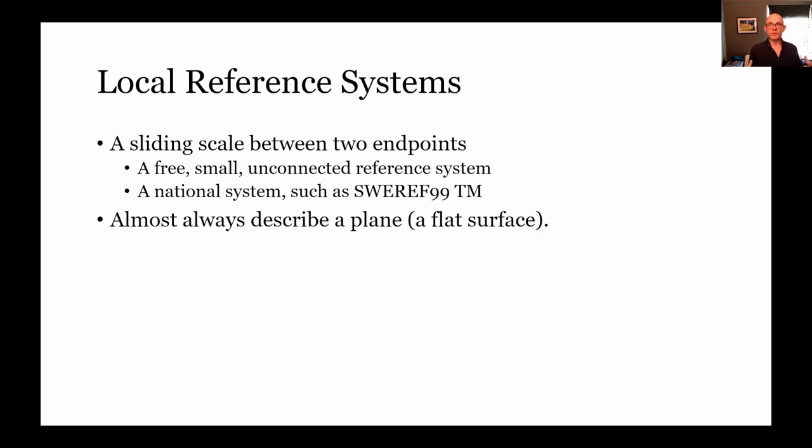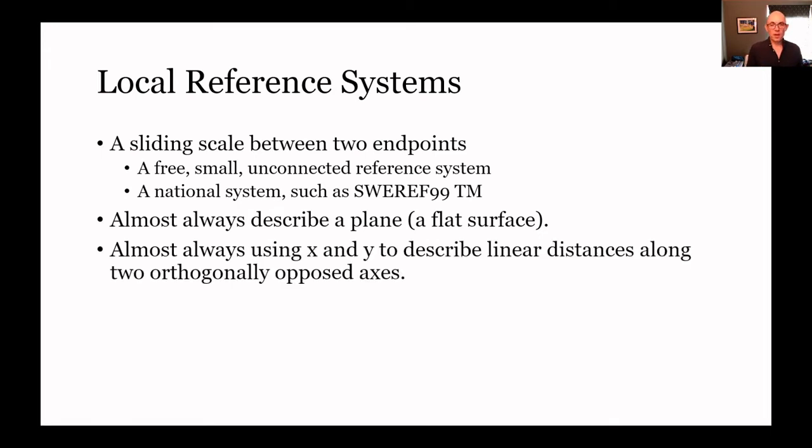These local reference systems almost always are intended to describe a flat surface with linear distances, something that we sort of think of as experiencing every day. The world is flat. We think of it like that in our everyday experience, even though it actually isn't. I really, really hope that is not still a debate. The world is not flat, so we have to make a flat surface for convenience, for our everyday use. And normally what we will have is an X and a Y axis that are orthogonally opposed. There's a right angle between them, and distances along them are linear in this local reference system. Linear as in 1 meter, 2 meters, 3 meters, 4 meters. We can just carry on along that line and it'll increase at the same rate along that line.